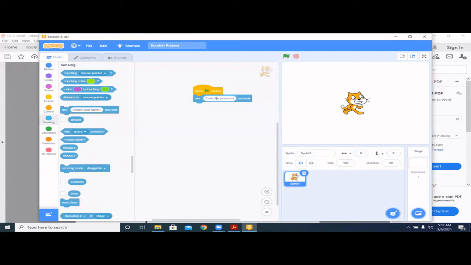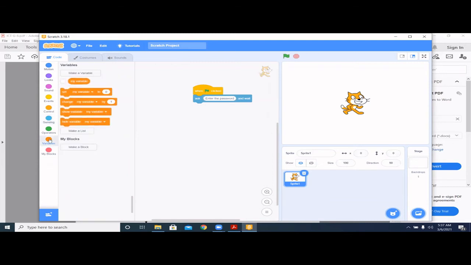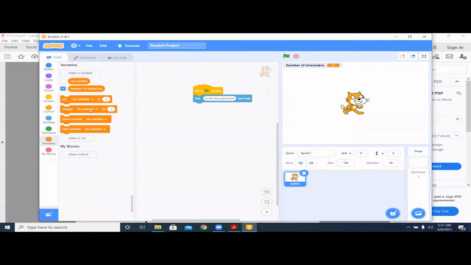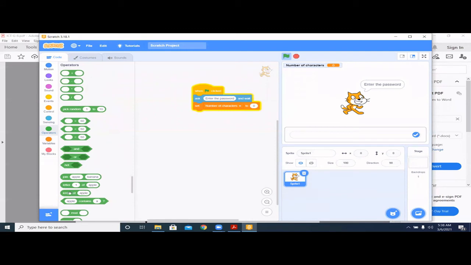Then we'll create a new variable called something like number of characters. So the answer should not only equal this, we have to take the length of the answer. Here there's something called length of